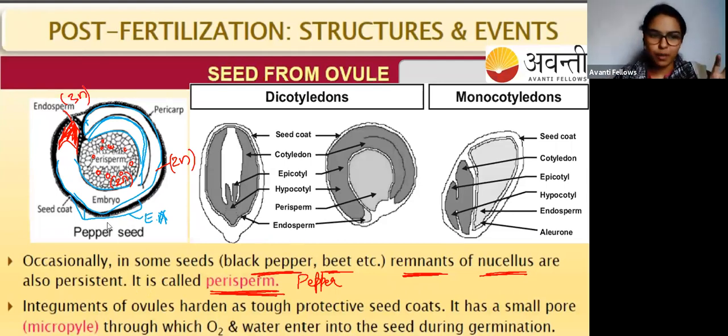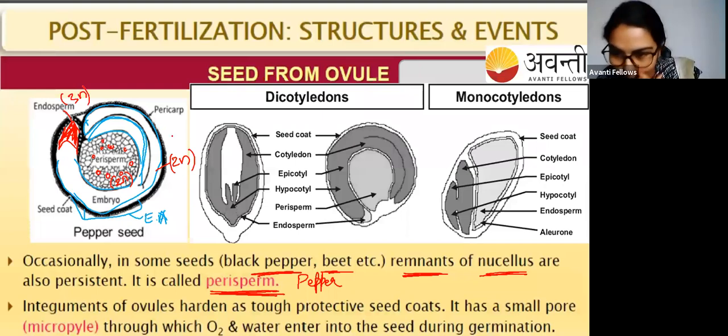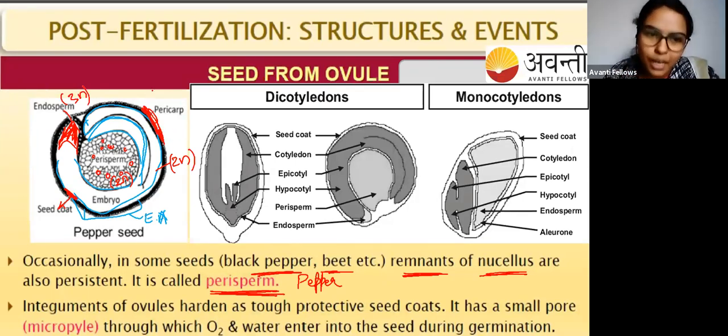Okay, so this is about the perisperm, guys. And here you can see this is the seed coat. Pericarp. Actually, pericarp is this. Okay, so this is the pericarp. जो बाहर की lining है वो pericarp है. Yes, ma'am. We also have coffee plantation, so I asked. Okay, I'll get back to you, Sinchana, with that. Okay, so pericarp is nothing but the layers of fruit. Okay, layers of fruit. This we'll study in the upcoming slides.